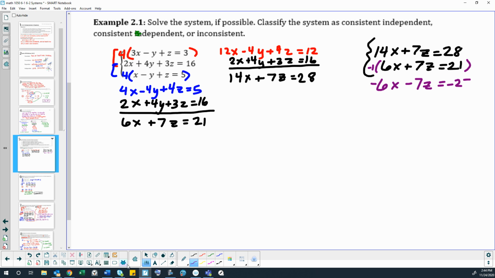And then I'm going to add that new equation that I just made by multiplying by a -1 to the other equation. So I'm going to add those two together, right? So let's do that, and we get 14x minus 6x is 8x, 7z minus 7z is 0, and then 28